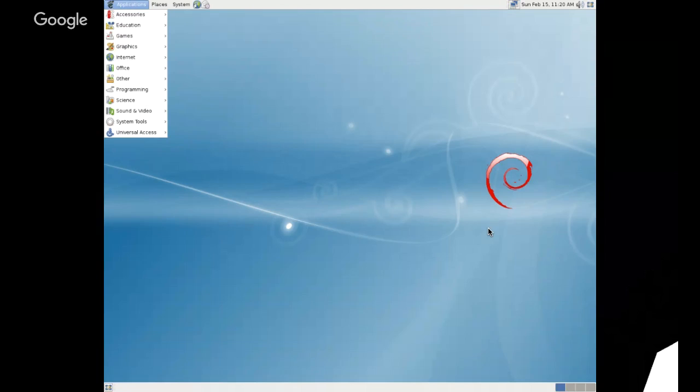Graphics was another category that started coming in. You guys are familiar in the Windows world with Adobe products, but Scribus was a really popular desktop layout management system for newsletters, newspapers, and magazines that I used for years. GIMP, G-I-M-P, I still use, much like Photoshop, but totally free once you learn all the bells and whistles of how to use it. And then you could do Office, which on this one was probably OpenOffice, I'm guessing.